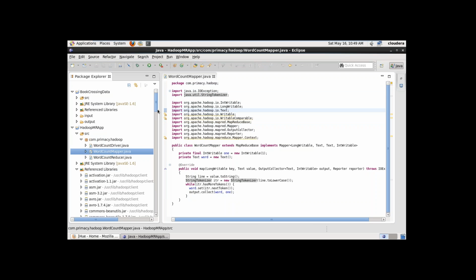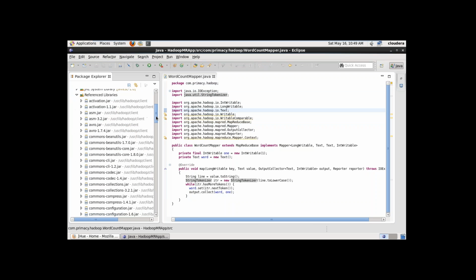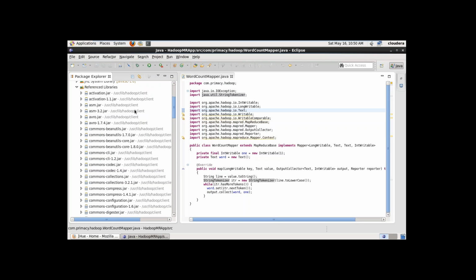After importing the Hadoop jar files, you'll be able to see that all the jar files are present within the referenced libraries section. These are actually the Hadoop jar files. If you are working on the Cloudera Quick Start VM, all the external Hadoop jars would be present within this directory, /usr/lib/hadoop/client. So if you just take a look within your file system,